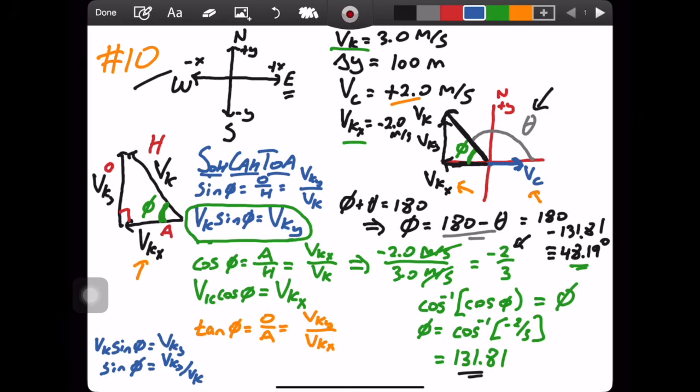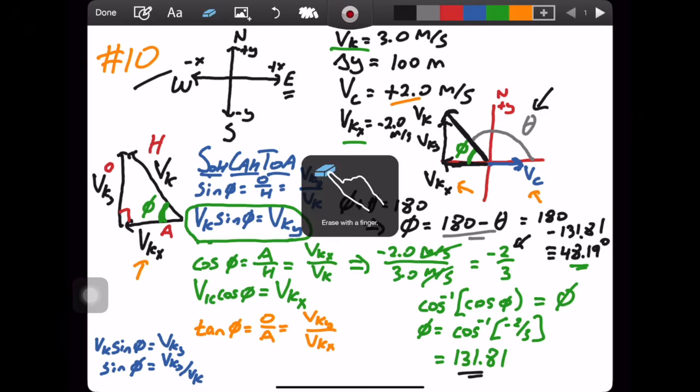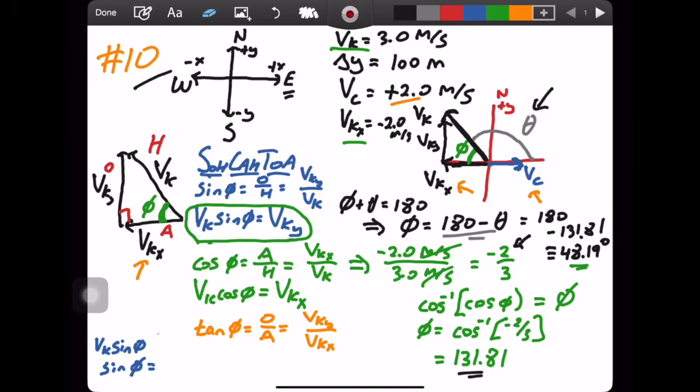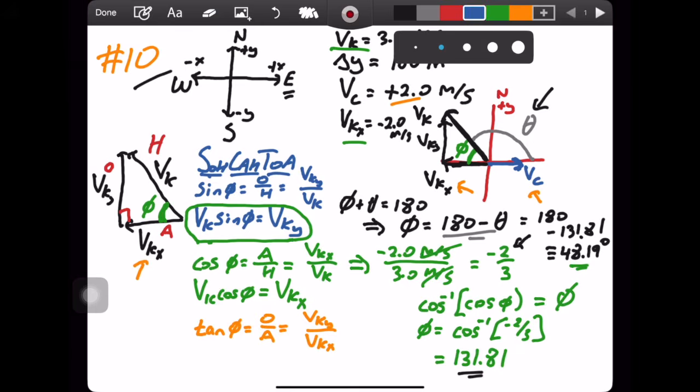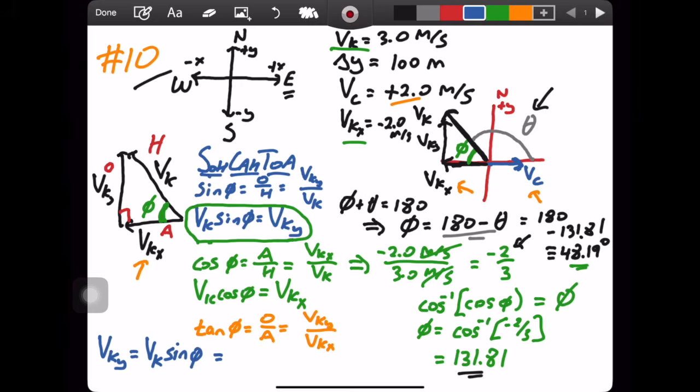And so actually I thought of an easier way of solving this. We already know what that angle phi is. It's 48.19 degrees. So I can directly say that VKY is equal to VK sine phi,